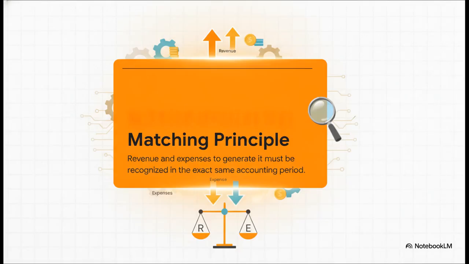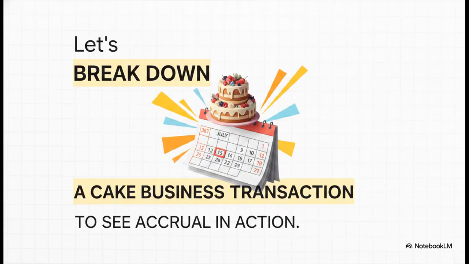Now, to understand exactly how the titans do it, we need to talk about the golden rule. It's called the matching principle. Let this really sink in for a second. Revenue and all the expenses you incurred in order to generate that specific revenue must be recognized in the exact same accounting period. This is the sacred, unbreakable rule of true business mastery. You absolutely have to align the effort with the reward, totally regardless of what your actual bank account is doing at that moment.